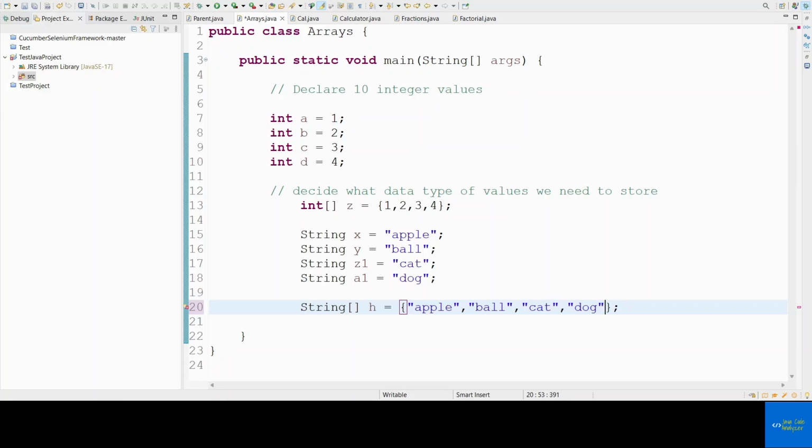Okay. Next thing is, whatever arrays that we have, we can consider each array element. What are the array elements? This apple, ball, cat, dog, 1, 2, 3, 4. These are all considered as array elements, and each array element will be indexed with a particular value, where